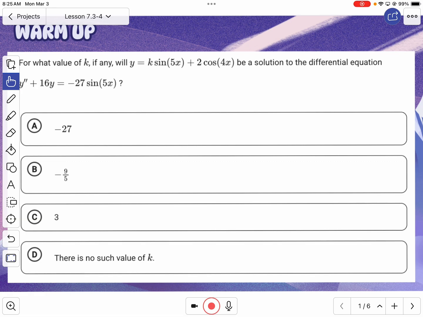There's a couple of ways you can do that. I mean, obviously, we could just plug in the different k values they give us, which would work. We could go ahead and just find the second derivative and work our way that way. So let's see. I think that's what I'm going to do because y'all know I'm kind of procedural. All right, so that would give me 5k cosine 5x